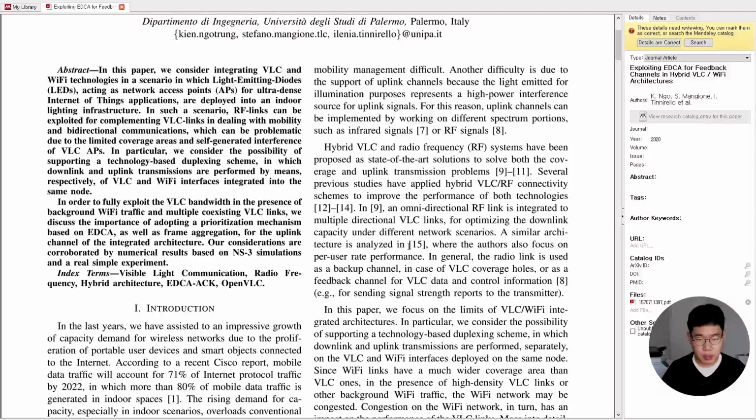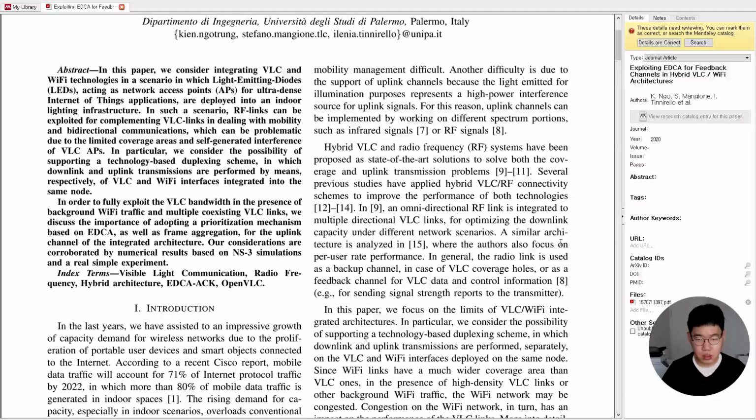Several previous studies have applied hybrid VLC to RF connectivity schemes to improve the performance of both technologies [12] to [14]. In [9], omnidirectional RF links are integrated with multiple directional VLC links for optimizing the downlink capacity under different network scenarios. A similar architecture is analyzed in [15],